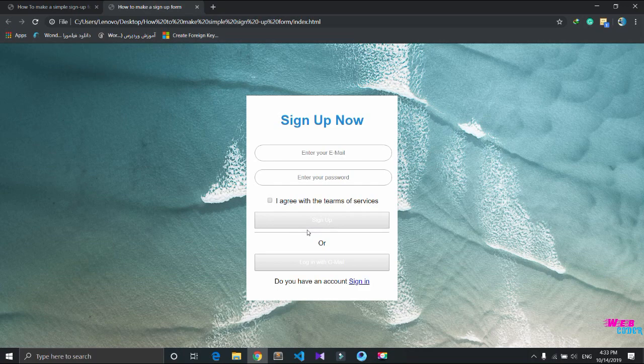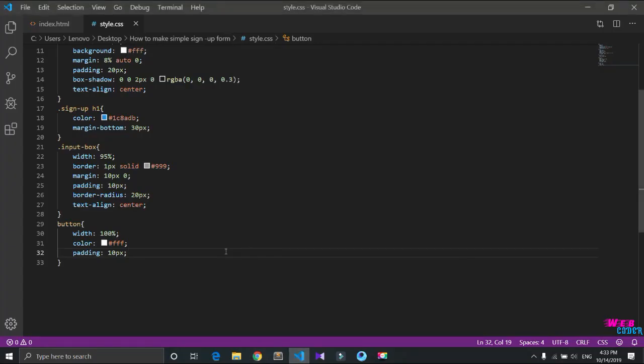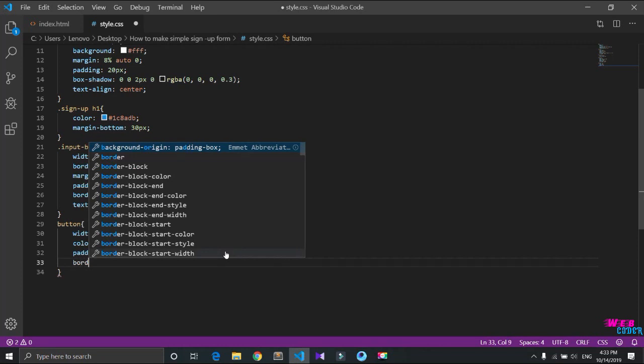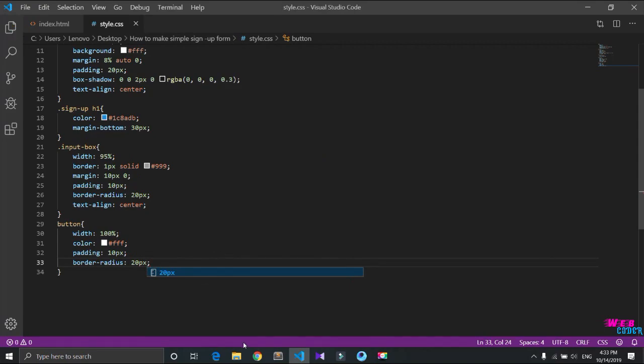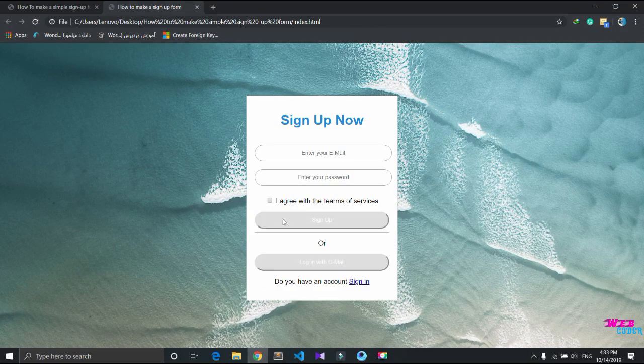Since we have this padding for individual buttons, what I will do next, I will change the shape as we have changed it for our input. So I will call the border radius here. Let's say the same, it was 20 pixels, so I'll put 20 pixels, and I will check in the browser by refreshing. As you can see here, we have this, but still we have this